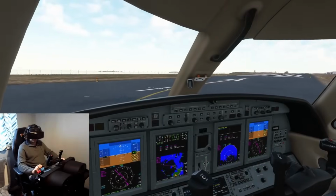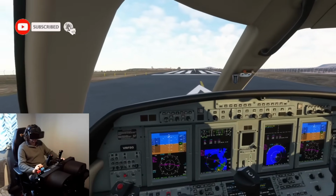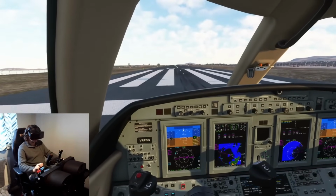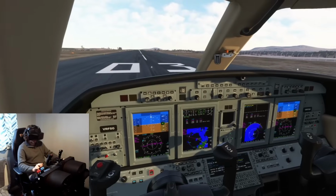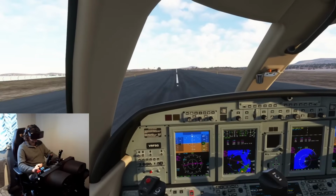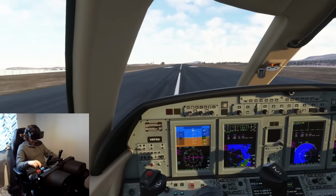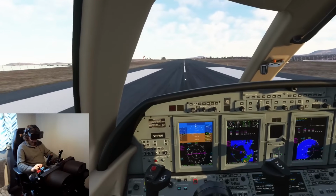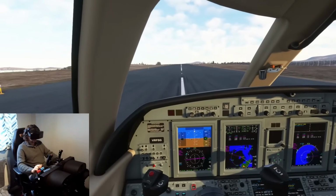Hello folks, welcome back to the channel, and guess what? I'm flying a default aircraft. Something you don't see on the channel very often, but I must say I've been really enjoying the Citation, especially with the avionics upgrades. Asobo are doing a really good job actually with these birds. And you're joining me on a 3-hour session. I'm currently 2 hours in. I've been flying the Comanche today, the TB-850, and currently we're flying in Ireland. I'm heading to East Midlands from Donegal, and this might be my last flight of the day, but I'm having